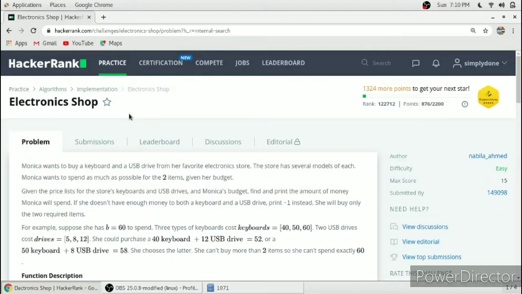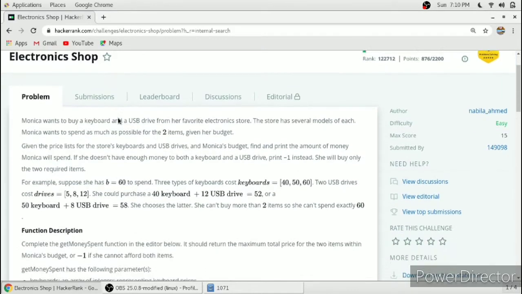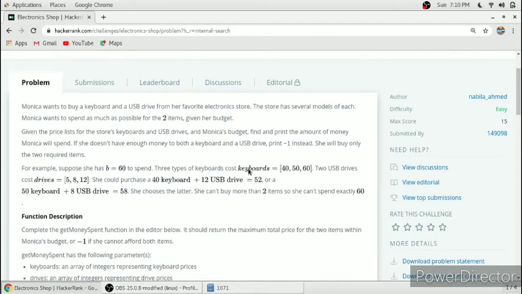Hello friends, in this video we will solve this problem, Electronic Shop, in C programming language. So we have been given two arrays, array keyboard and array drives, and an amount B to spend. We have to spend as much as we can buying only two items, that is one keyboard and one